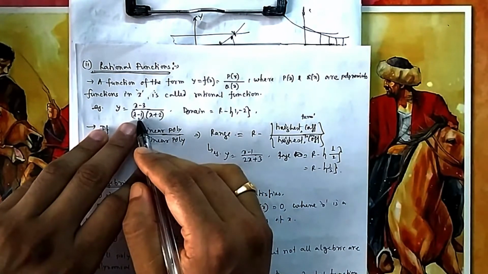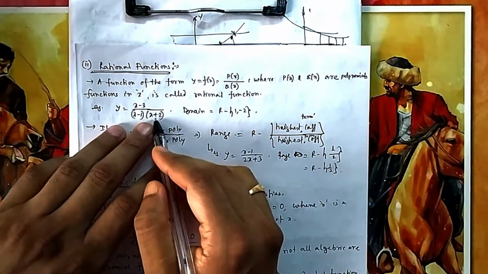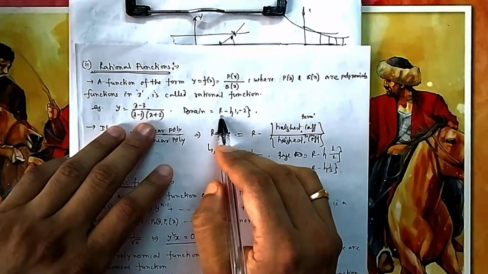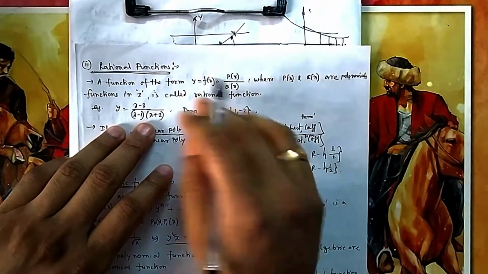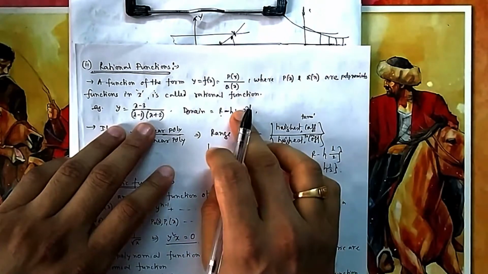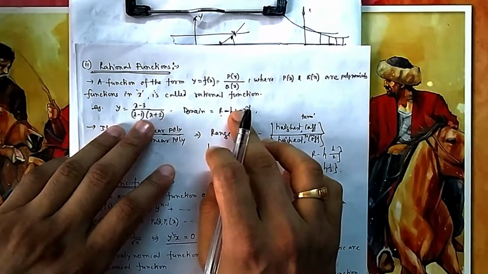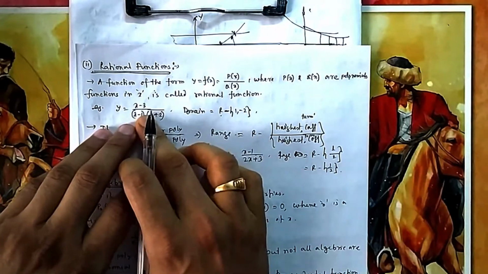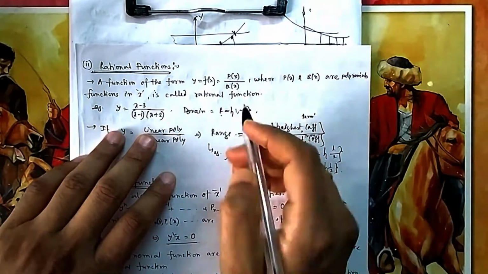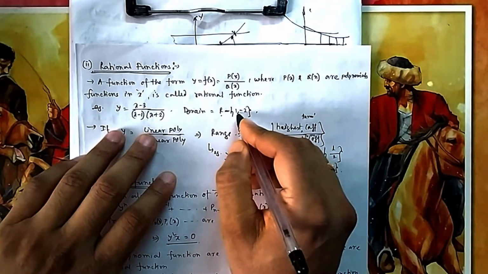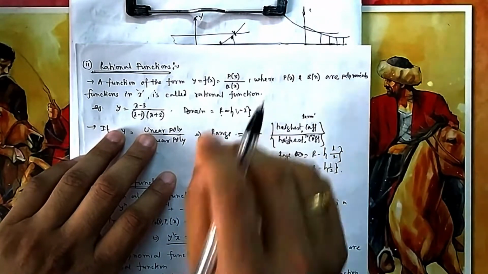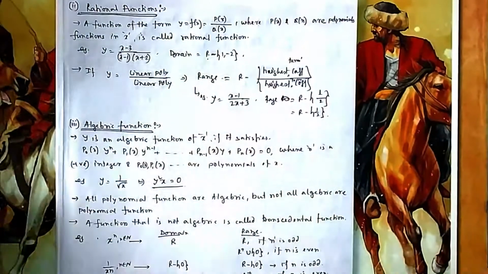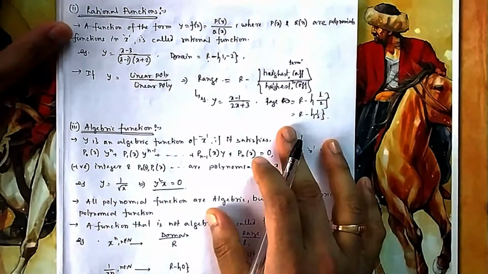When x equal to 1, it becomes 0, or x equal to minus 2. So the domain will be all R minus this. From all real numbers, you take out 1 and minus 2, because you cannot put these. The rest of the things you can put. So the domain is R minus this set. The set is in the second bracket, meaning individually 1 comma minus 2. I am very specific about 1 and minus 2.